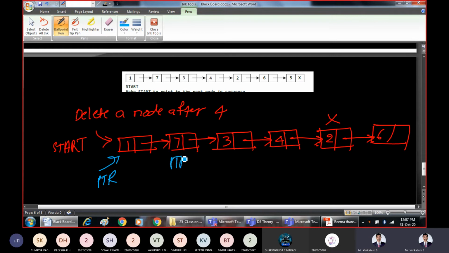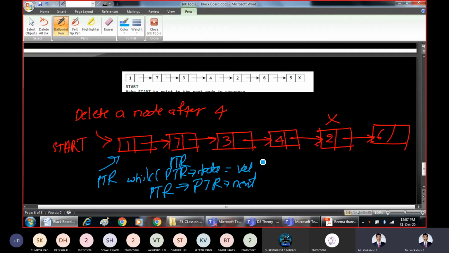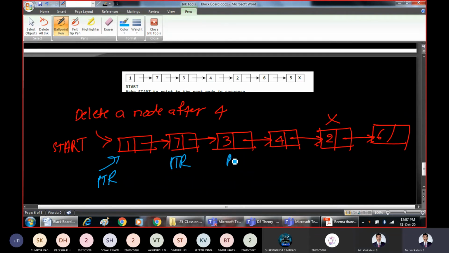Take this PTR, it is easy to traverse: make PTR point to the next node, PTR equals PTR pointer next, while PTR pointer data is not equal to the value, which value? 4. So that is the coding part, which we shall see later. So PTR is brought up to 4.